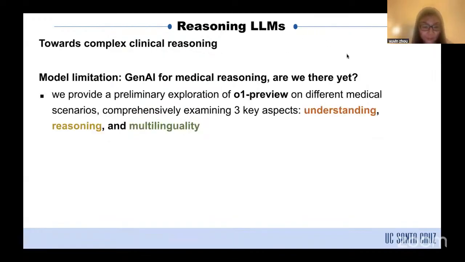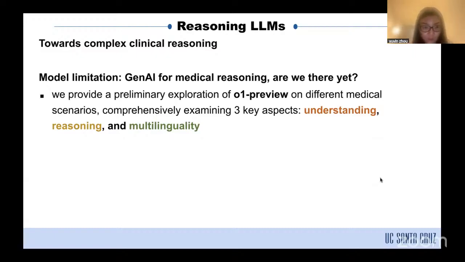Okay, so that basically wraps up the second part of my talk, which is to talk about Gen AI applications in the healthcare domain. And finally, I want to take a step further to talk about how to build stronger models towards complex clinical reasoning. So specifically, I would like to talk about some of our recent works that evaluate and also propose new methods to do reasoning large language models in the medical domain. So first,